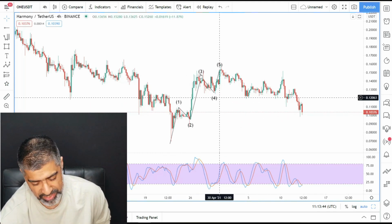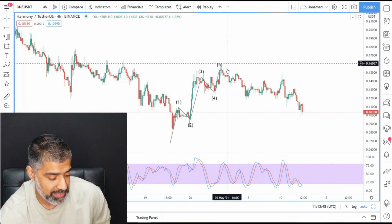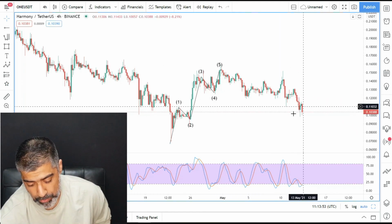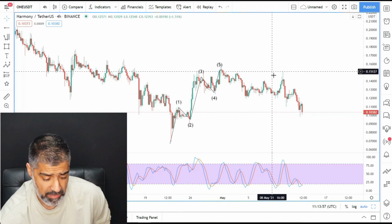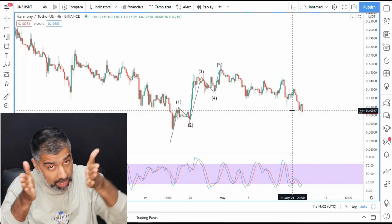We could do some projections to say, is this a wave 5 high? But the fact that we've had this nice pullback, that confirms that it's likely that this is a wave 5 high of a micro wave 1. So now this is a wave 2. So we want to see, what does this look like? Well, to me, it just looks like a nice A, B, C of a wave 2. And you can see that it happens on a larger time frame, but it also has on a micro time